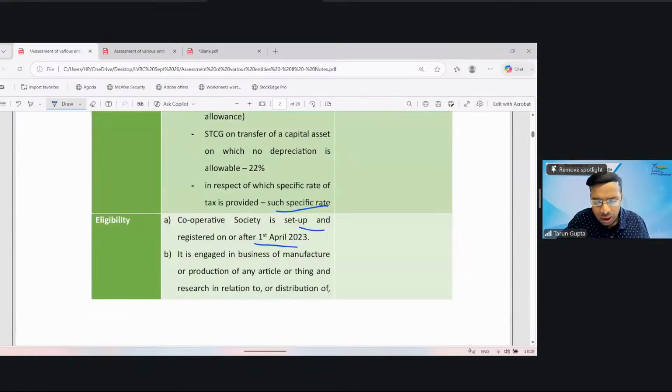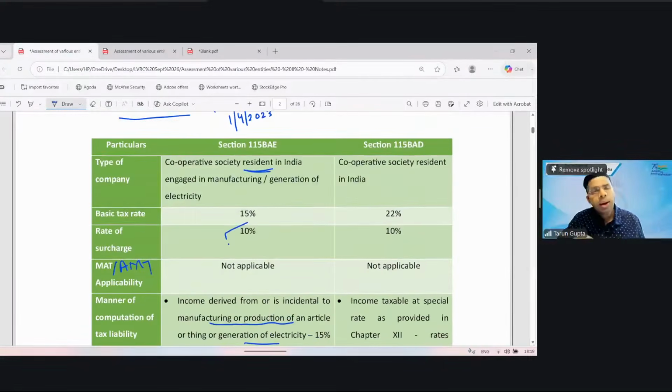Okay. So what does section 115BAE say? It is applicable to a cooperative society which is resident in India, which is engaged in either manufacturing or production of an article or thing, or generation of electricity. Okay. Then such cooperative societies may opt for this concessional tax regime, it's optional. Here the income from this manufacturing activity or generation of electricity shall be taxable at a concessional tax rate of 15%. Okay. Any other income, if such income is taxable at a special rate, then it will be taxable at that special rate. Otherwise, it shall be taxable at 22% on a gross basis,